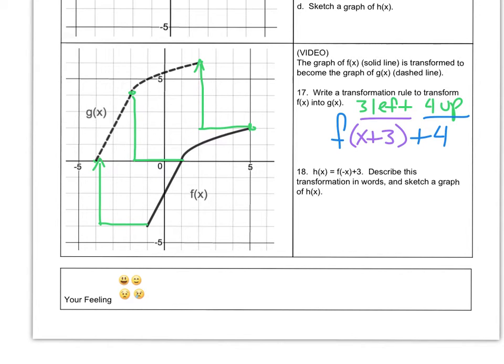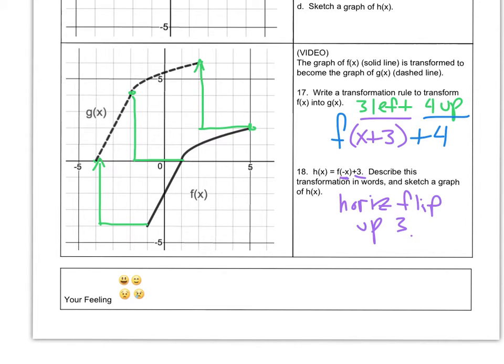For h of x is equal to f of negative x plus 3, this is one of the ones that we're probably not going to end up doing on a spiral type thing, because negative x means a horizontal flip, and generally I'm going to avoid those. Plus 3 means up 3. So the way that I'm going to do this, I'm actually going to move this up 3 first, and I'll do this